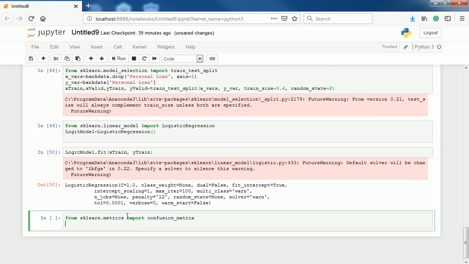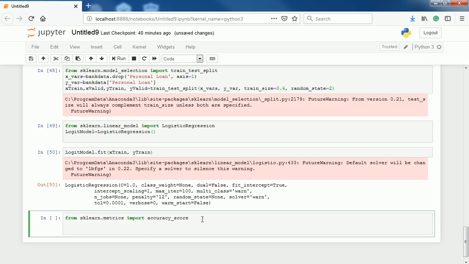And inside the confusion matrix, actually before doing that, let me get the accuracy score first. How accurate are these predictions? I'm going to check that one and say predictions are going to be equal to the logit model that I created,